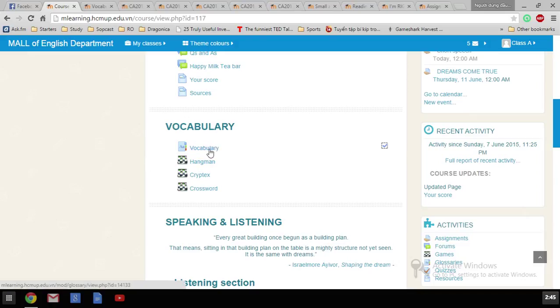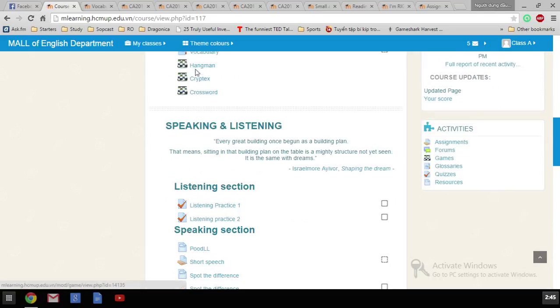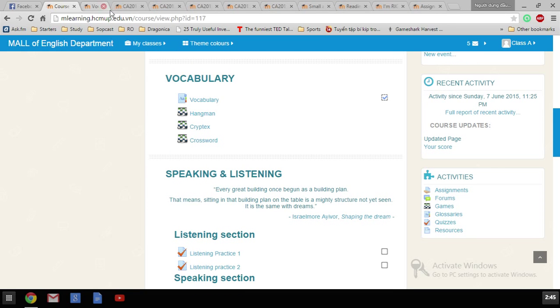Students can look up the dictionary to find out meanings of new words and add them here. There are 3 games below using the vocabulary glossary for them to enhance their memorization, and also they can increase the students' learning enthusiasm. Now the next part,